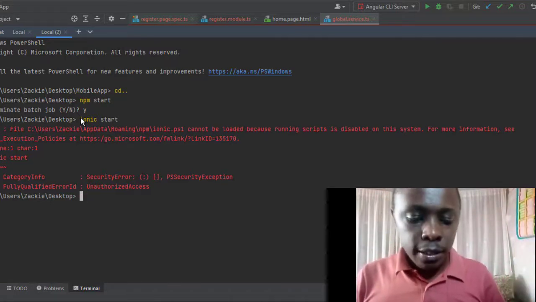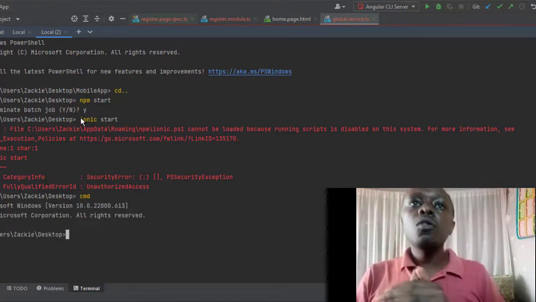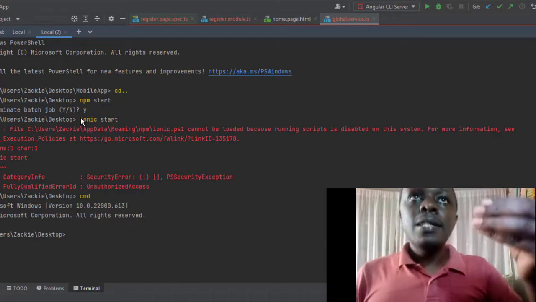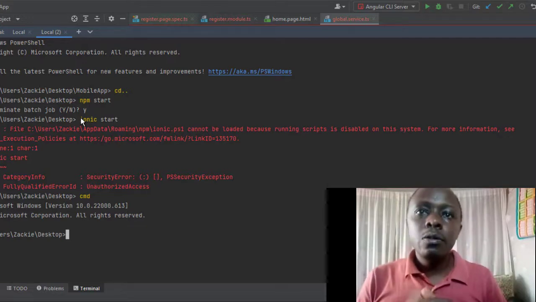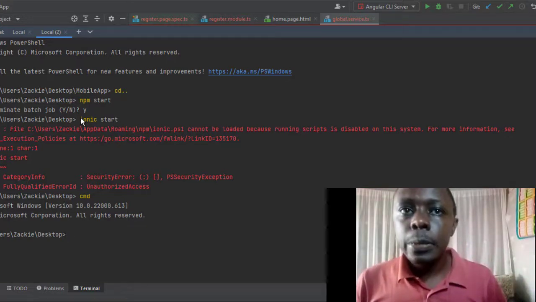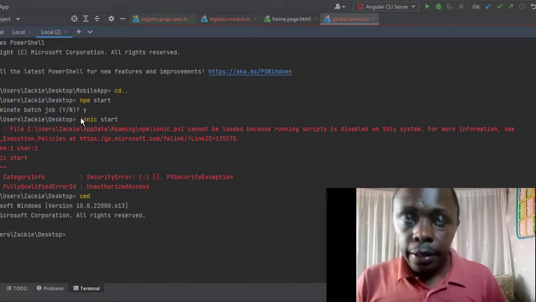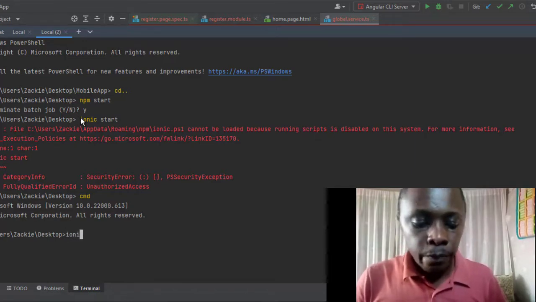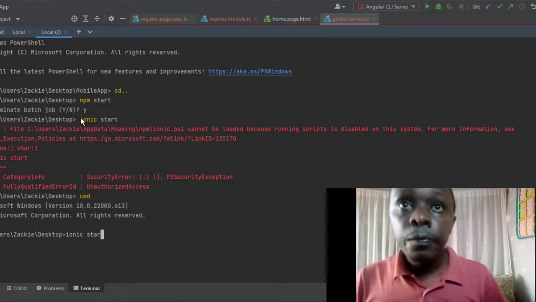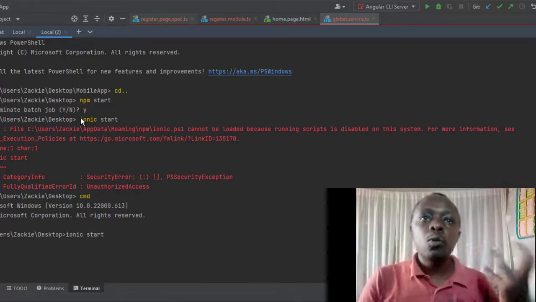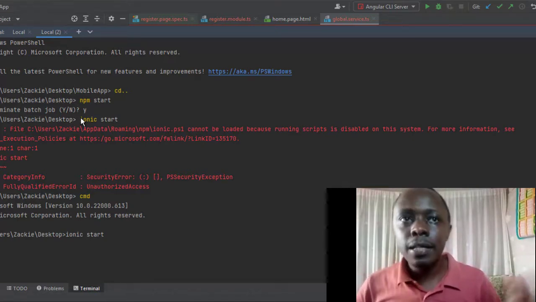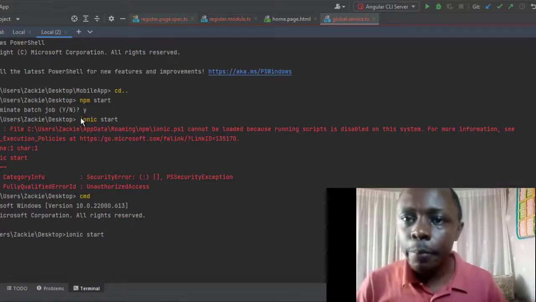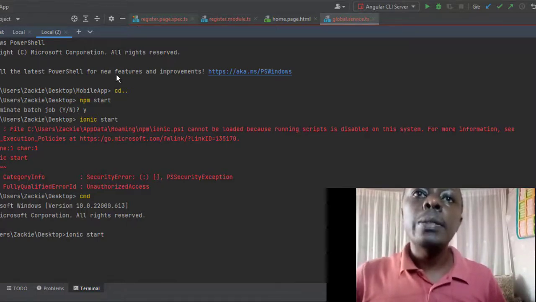So what you can do is jump to CMD or Git CMD. We are going to use CMD. This normally happens to Windows users; if you are using Git, it might not affect you. So you just write ionic start. You have to have the name of the application you are going to create in your mind. Basically, we're just going to create a simple YouTube application. We have already installed